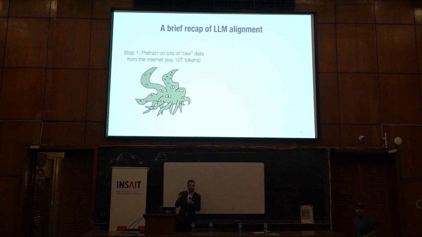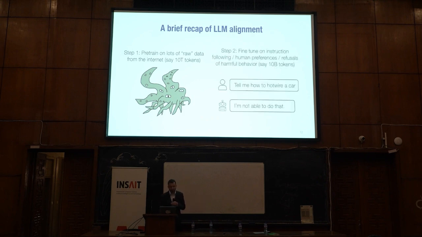Now, I'm using that graphic. That graphic is called the Shoggoth. It's often used to denote the weird alien intelligence that we create when we train one of these models. The problem, though, is that, as I discussed, there's a lot of bad information out on the internet. And so instead of just turning this model loose, we need to fine-tune it in certain ways. So the second step is that we fine-tune the model to obey certain rules.